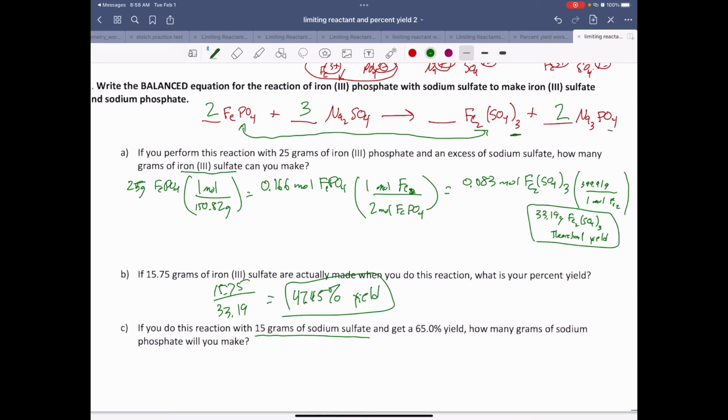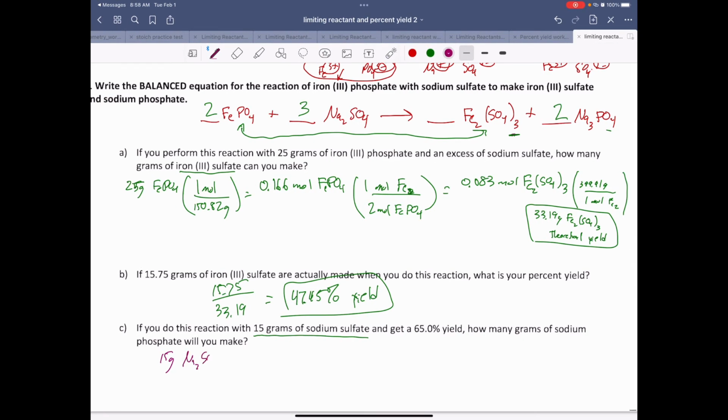So let's do this in purple. So sodium sulfate, Na2SO4, let's convert that to moles. Sodium is 22.99, so 22.99 times 2. And then the SO4 part, so S is 32.07 plus 4 oxygens, which is 64, so 142.05. 142.05 grams will be 1 mole of that stuff. So 15 divided by 142.05, we got 0.106